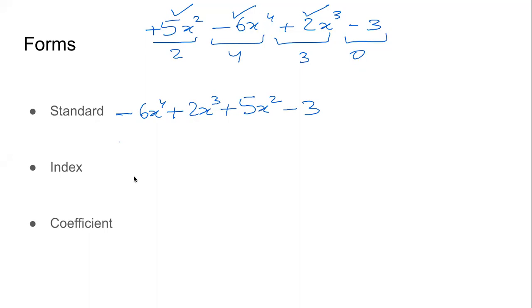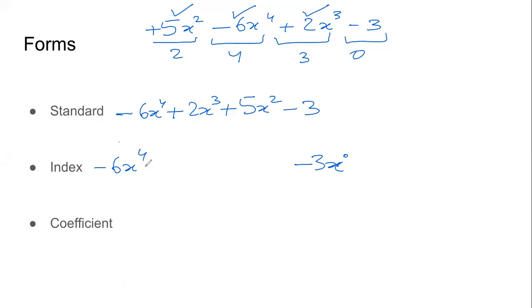In the index form, we ensure that all the powers of the variables are there. Here, all the powers here. Is there a limit? Yes, there is a limit. We know the highest power term. The highest power term is minus 6x to the power 4, as it is. We also know the lowest power term, here 3, minus 3, is minus 3x to the power 0. When we say we must have terms with all the powers of variable, that means we also need to have a term with power 3. है ना? उसी को लिखना है.